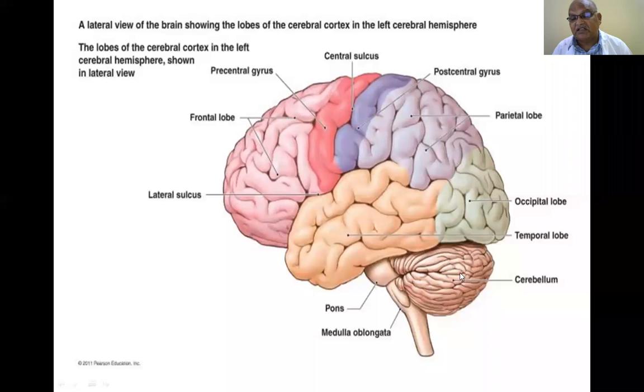Here is the characteristic differentiation of the cerebellum and the cerebrum. These grooves are very narrow, whereas the sulci and gyri present in the cerebrum are large. You see this diagram and this diagram comparatively, so you should not confuse them. If anybody gives you a cerebellum, you should not take it as part of the cerebrum. You have to identify the difference.